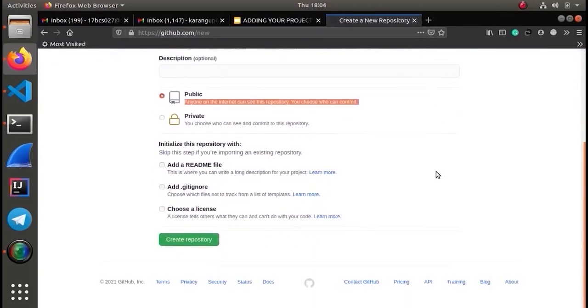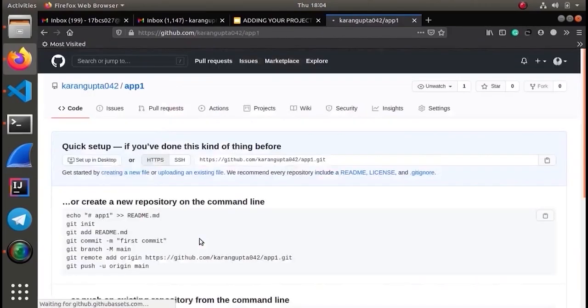We are not giving any description right now, and no readme, no gitignore, nothing like that. Create repository.